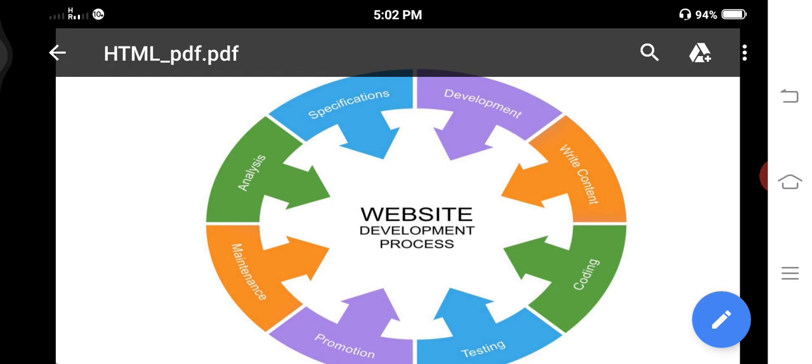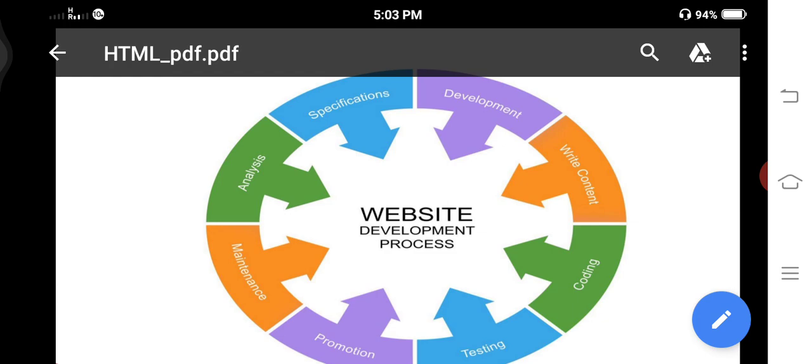Build and deploy website: coding, add special features and interactivity. SEO for the website. Testing and review: test the created website and upload the website to the server. Final test, launch.